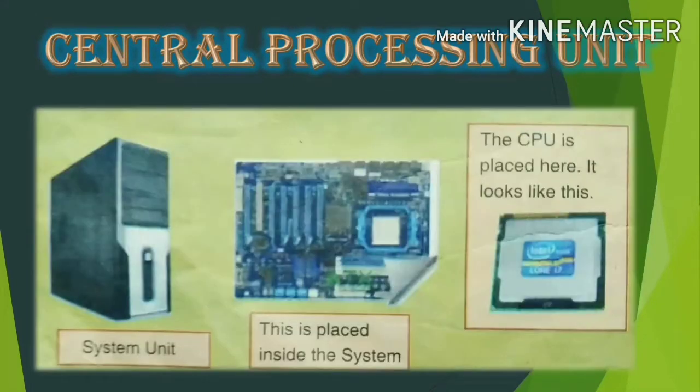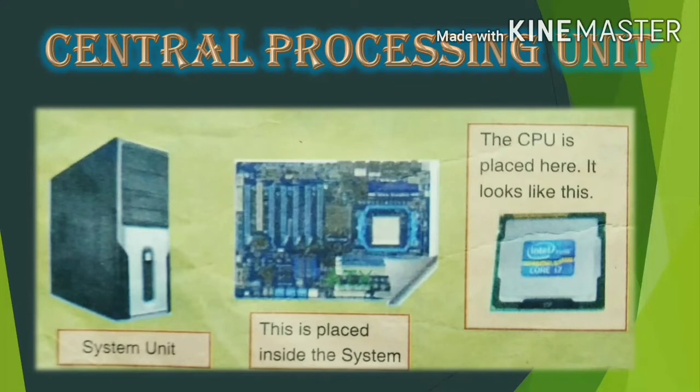The CPU is known as brain of the computer because it is where the processing happens. All the parts of a computer are connected to CPU, that is the brain of the computer. All the parts will be under the control of CPU. CPU is also called as system unit. The desktop computer has system unit. When we remove the system unit cover, we can see a circuit board on which rests a small chip called CPU. You can see in the picture, the second picture is the circuit board and the third picture is CPU.